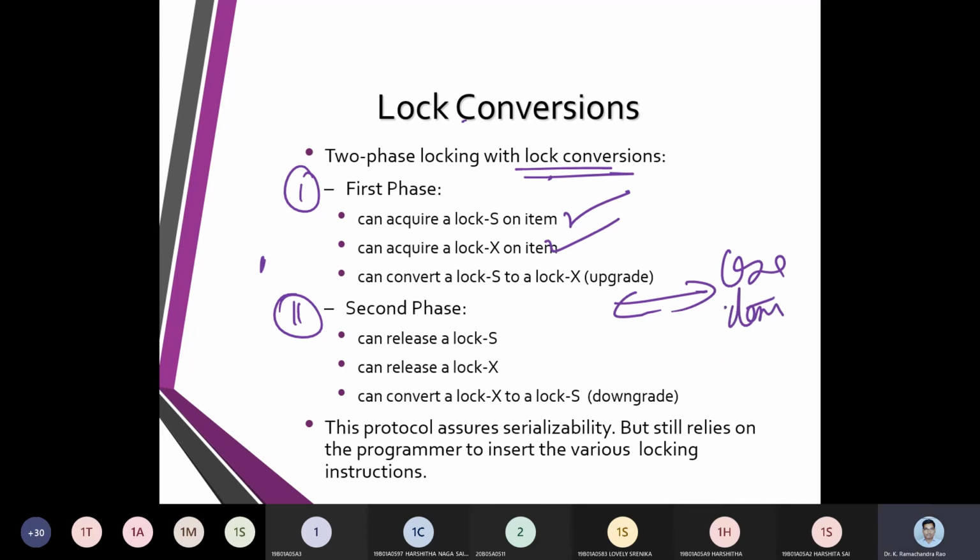It can be read, it can be write, all types of logical operations, if, else, etc. Whatever programming we have done, all that will be taken up. And in the second phase, whatever data items we have locked are going to be released. Release X, release S. And finally, we need to come back to the outcome which was fixed during the lock conversion.